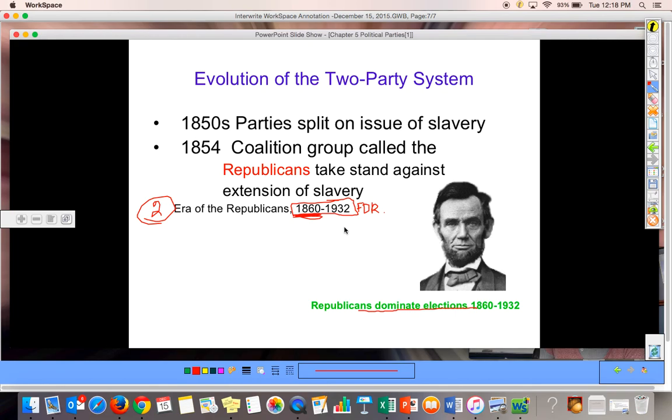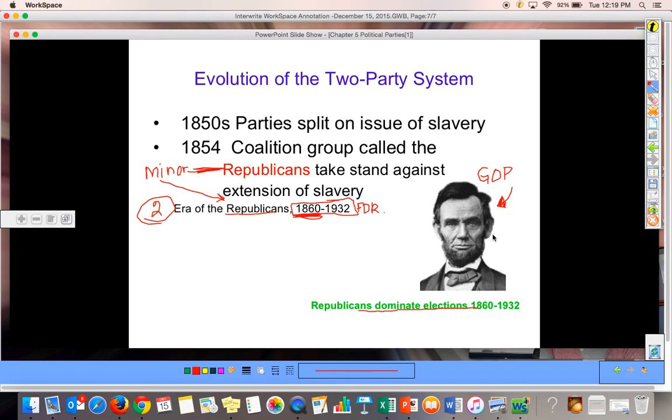So the Republican Party emerges as the most dynamic party, really the anti-slavery party, in the critical election of 1860. So this is one of the first times that a minor party, and the Republicans started out as a minor party, became a major party. Oftentimes, the GOP during their elections will refer to themselves as the party of Lincoln. Even in St. Joseph in February, the Republican Party has what are known as Lincoln Days, where they have a variety of speakers come in and talk to different groups about the Republican platform.